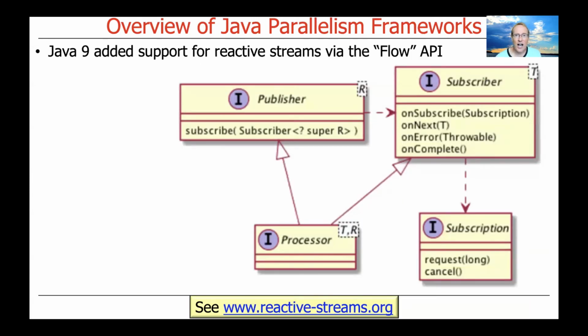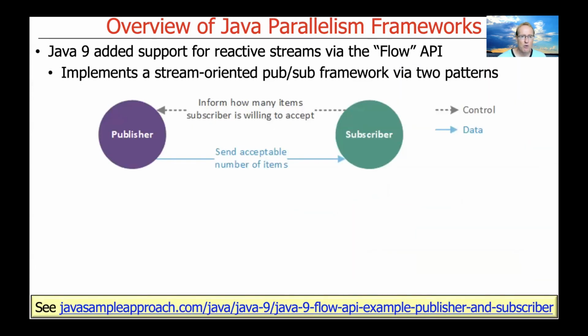Then with Java 9, they added some new capabilities. This was probably the 2017 timeframe, 18 timeframe. I always forget when Java 9 came out. But basically, they added support for so-called reactive streams using the Flow API, which is really just a set of interfaces that doesn't do much other than give you a common way of describing how you want to connect publishers with subscribers. And reactive streams implements a so-called stream-oriented pub-sub or publisher-subscriber framework that embodied two patterns